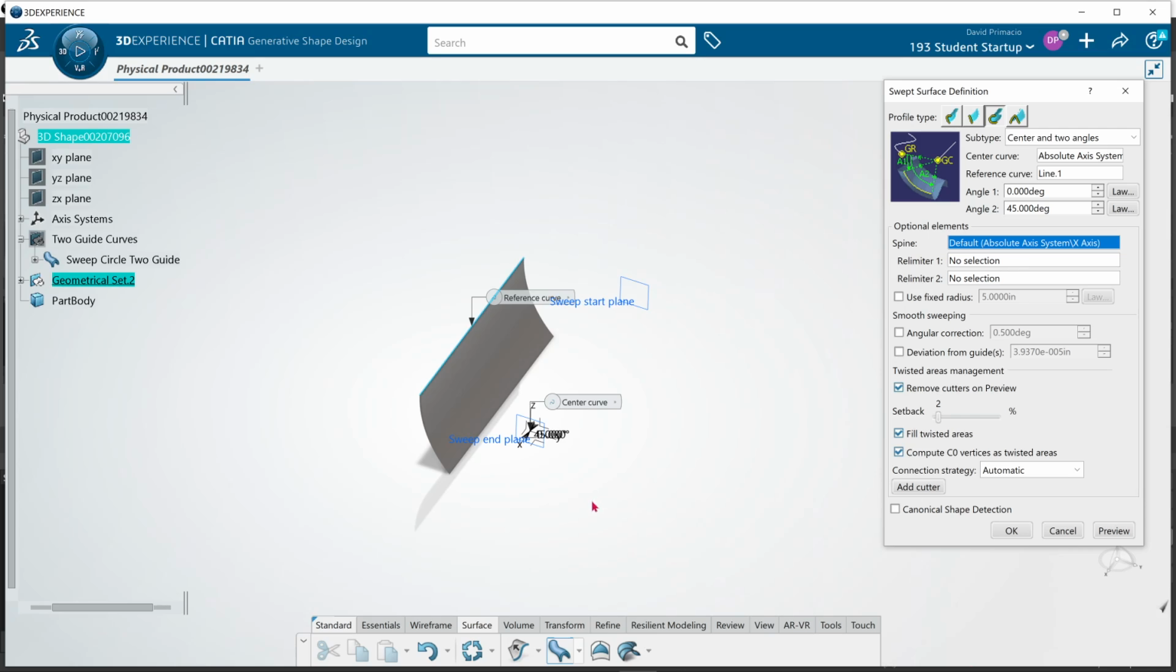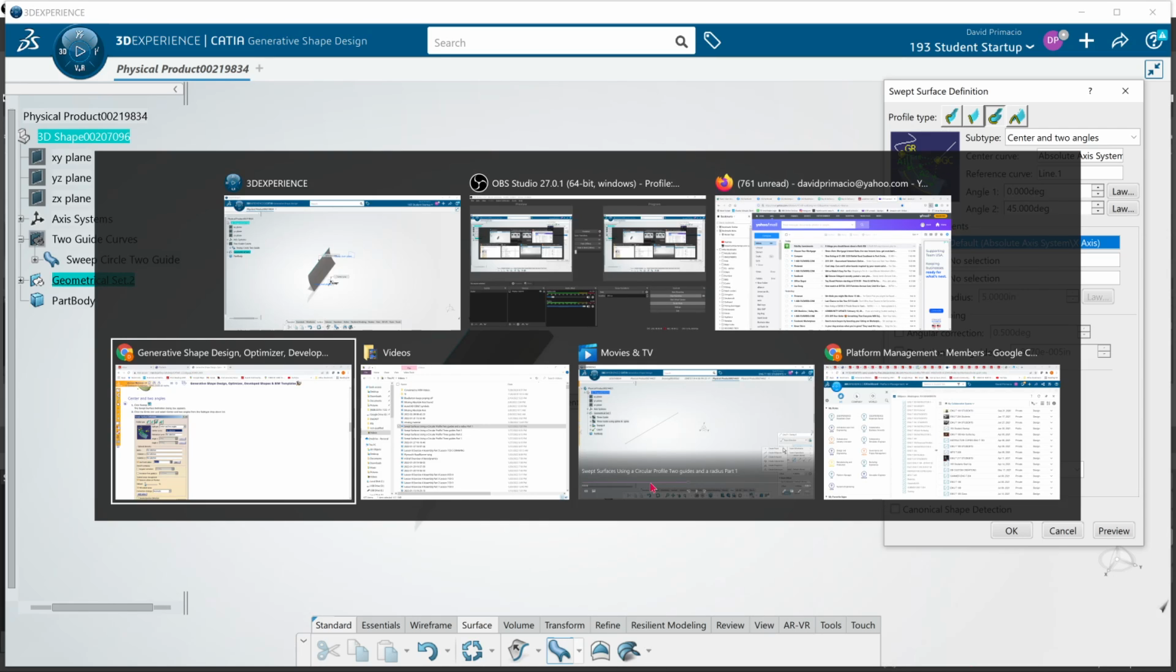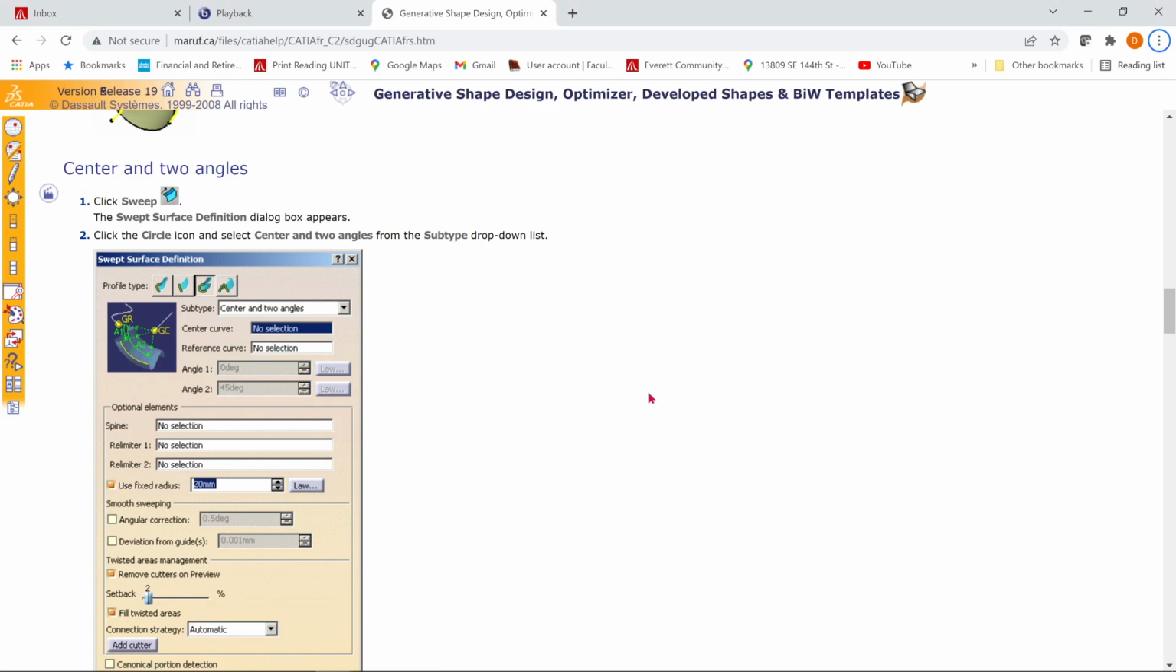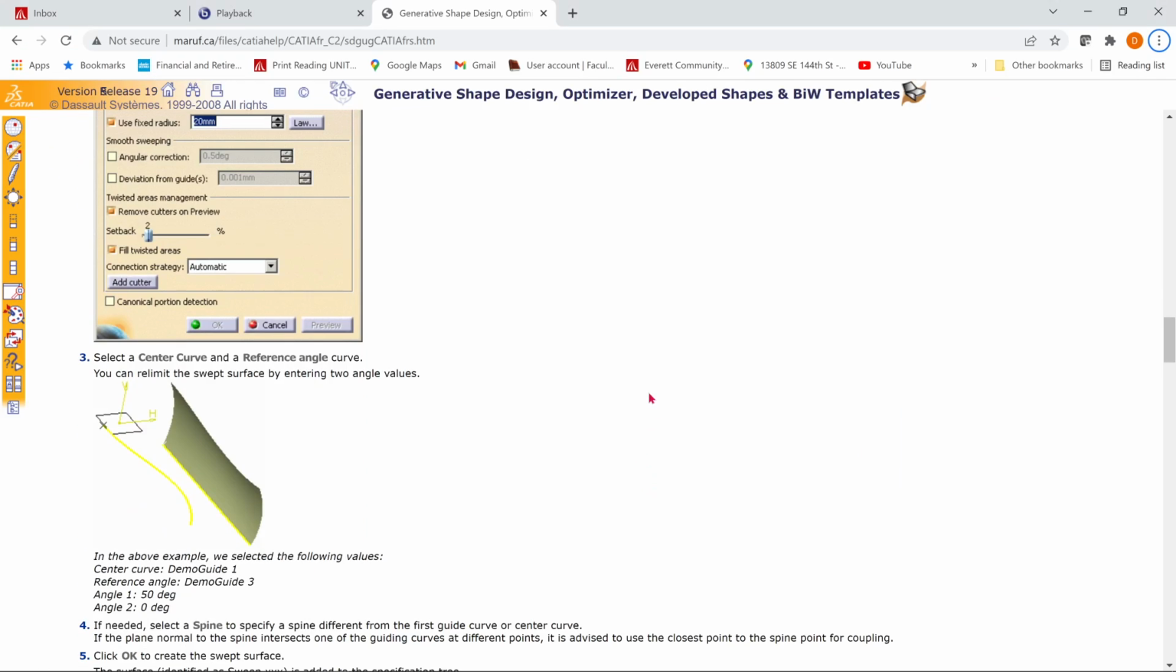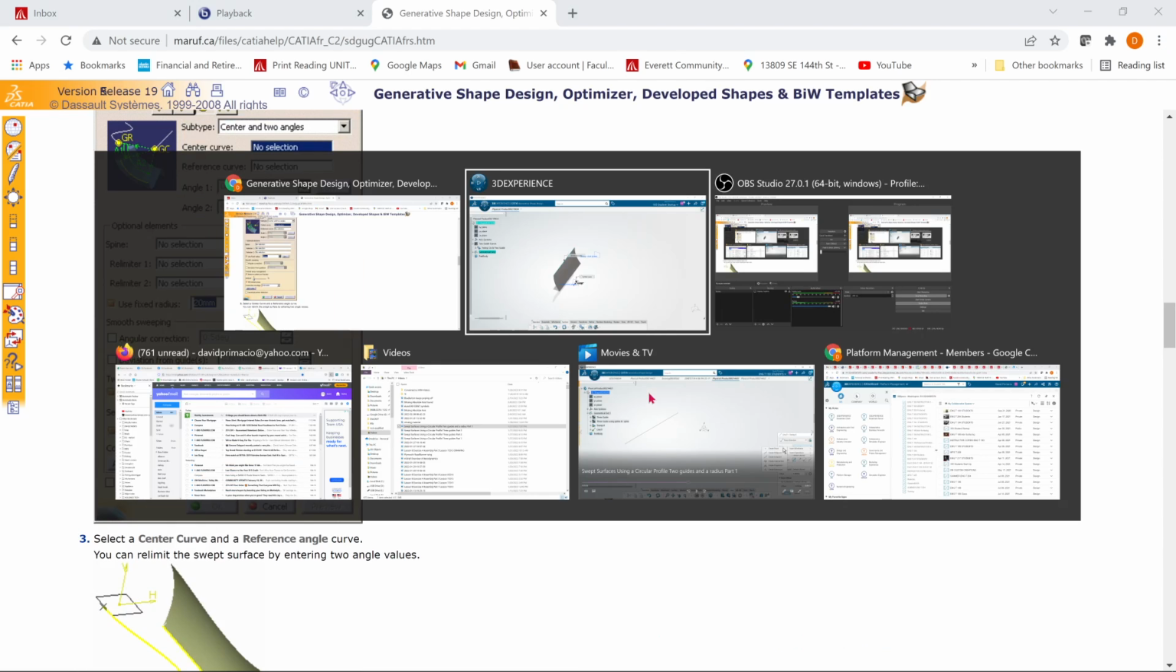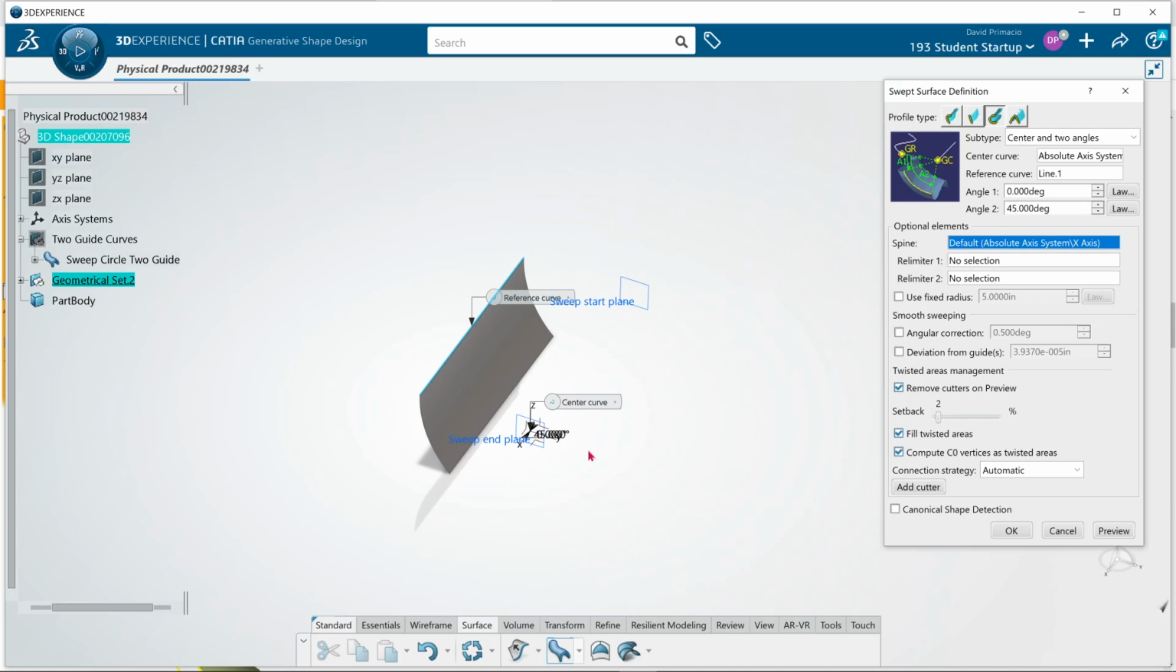Let's try and do a demo on circle sweeps with two angles. You can find the steps on how to do this in your online documentation. I want to see if I can also further explain the relimitation errors. It's not really an error, it's just letting you know that it's being relimited. I'm going to cancel this